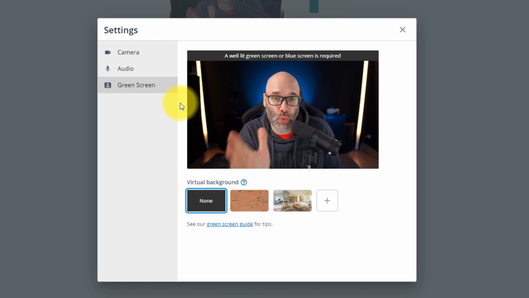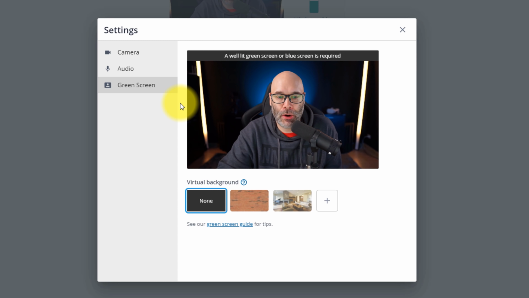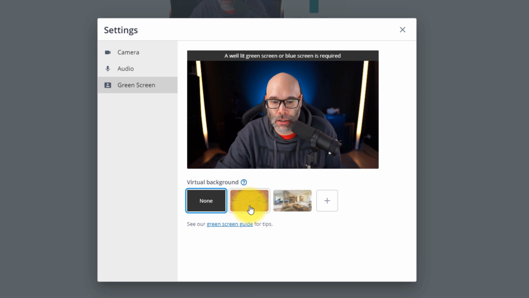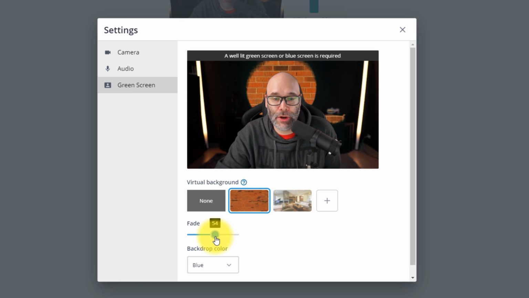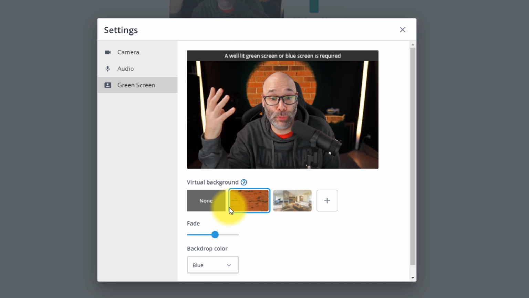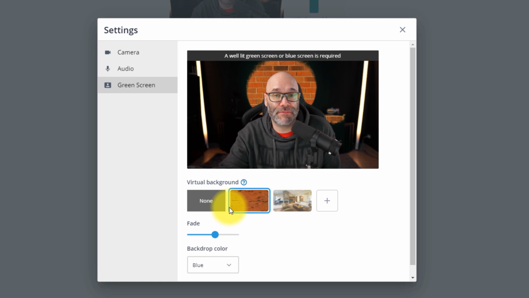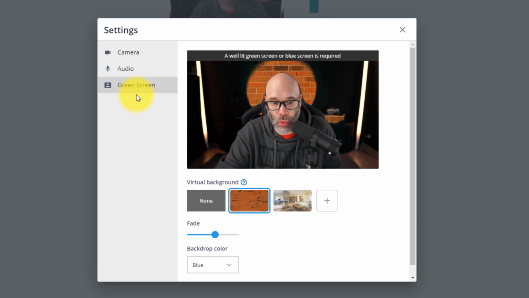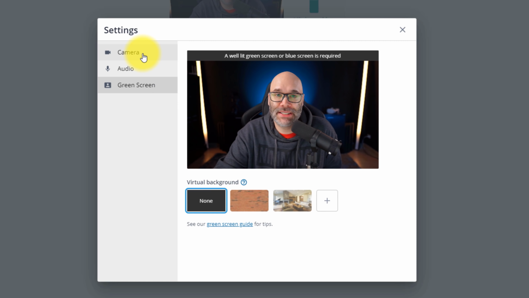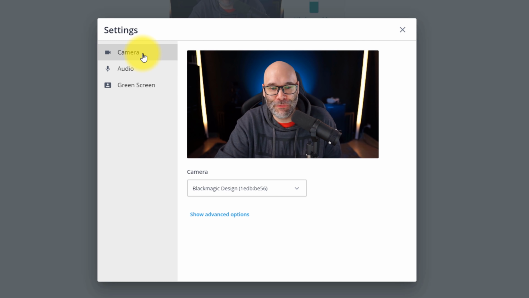Now, I'm just going to go through this one really fast. When it comes to the green screen, you'll see here that I have the blue here in the background. They give us the option here to where if we wanted to, we can select blue or green for the green screen. There we go. In this scenario, you see how it grabs that blue behind me, and it's just a light, and it's doing a pretty good job of sampling that out. But if I had a whole blue wall or a whole green screen, then it would completely remove the background for me, which is cool if you are into green screen type effects. But it's not my thing, so I'm not going to do that for this tutorial.